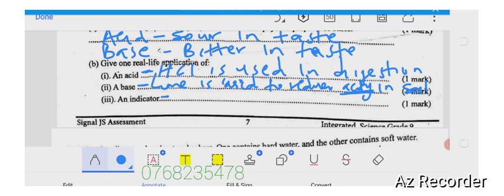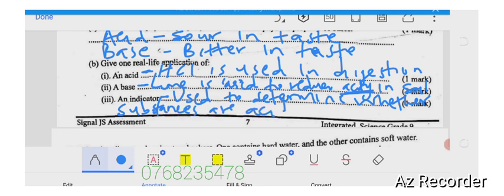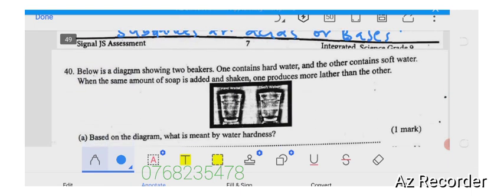Indicators are used to determine whether substances are acids or bases. There are many more uses or real life applications of acids, bases, and indicators that you're supposed to know. Question 14